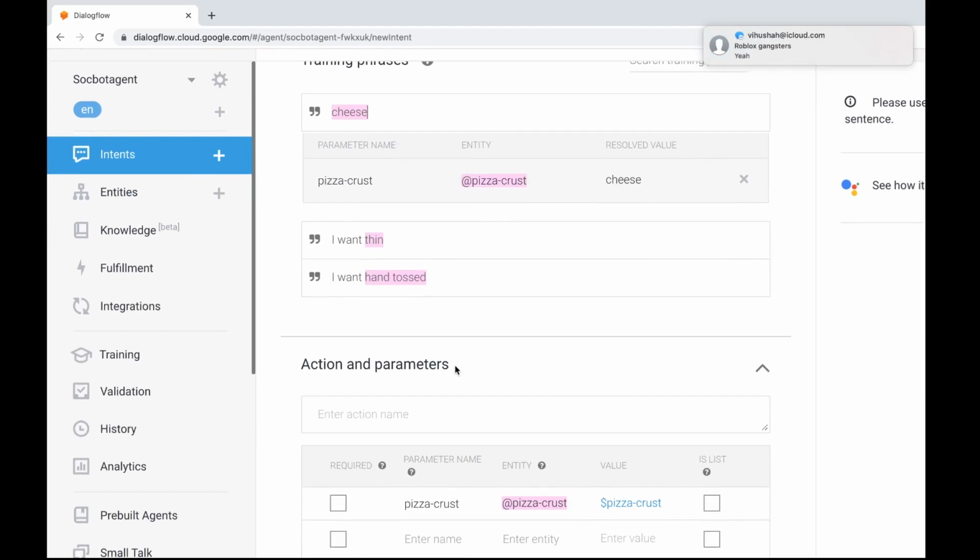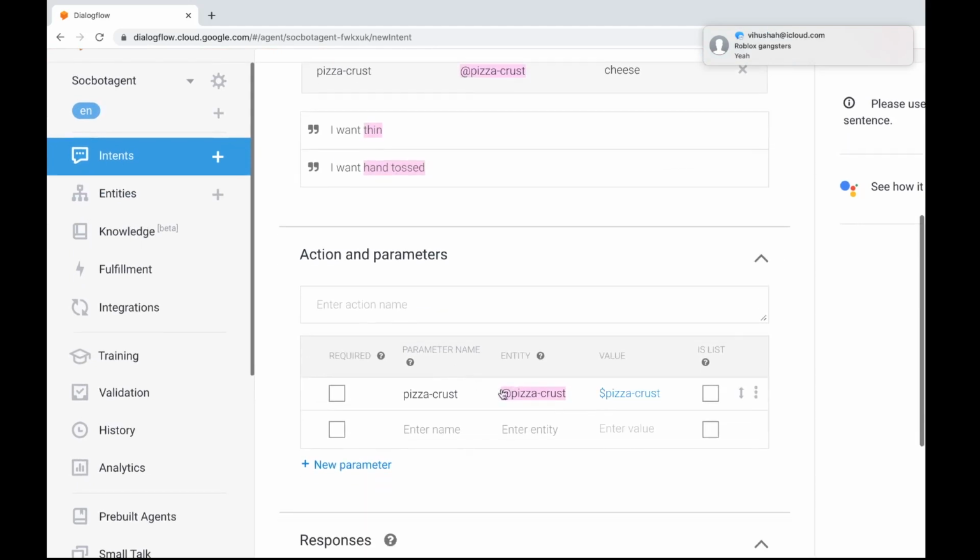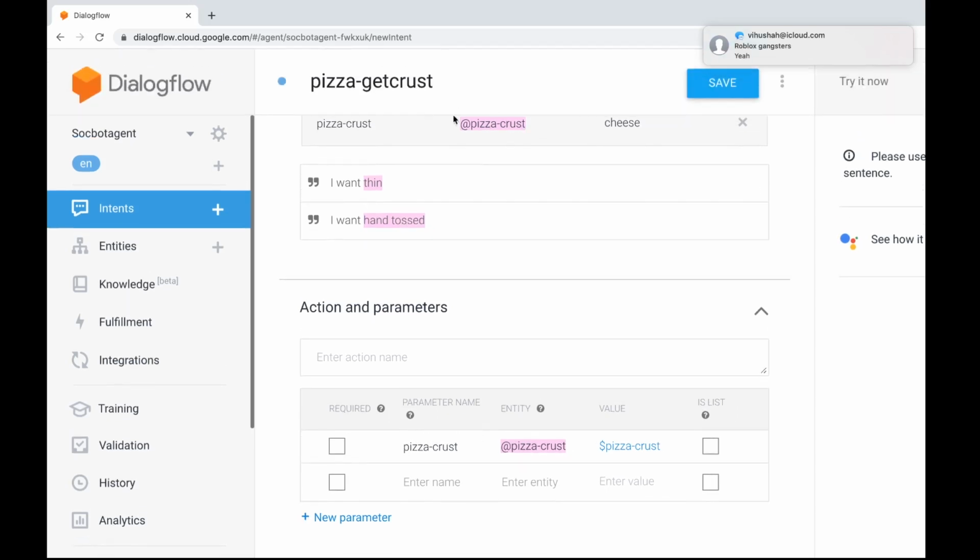So you can see when you create this, you actually are creating a parameter as well. Every time you set an entity up, or you annotate an entity, the parameter will appear here in the parameters table. This name is useful when you do coding and submit this to fulfillment. You actually need to know the name, but it's just useful to know that this exists. Once you annotate, it will be done for you. Okay, and then finally,